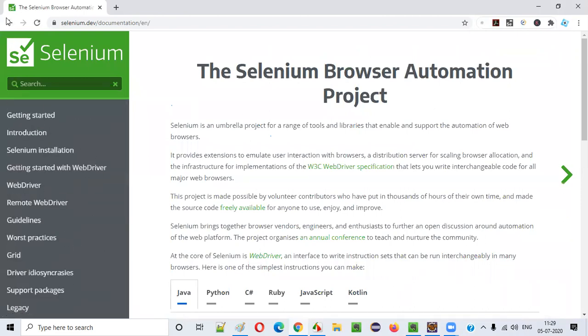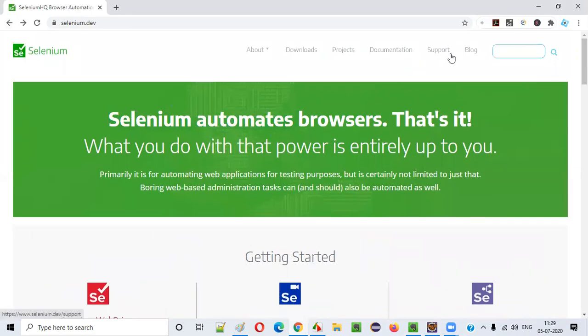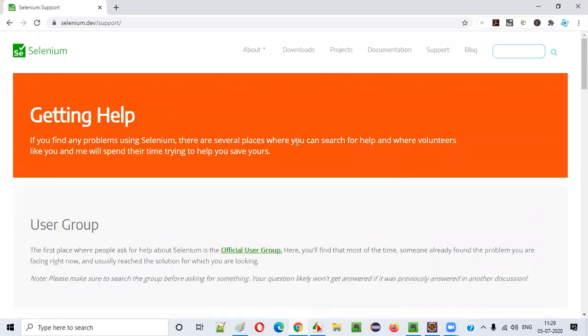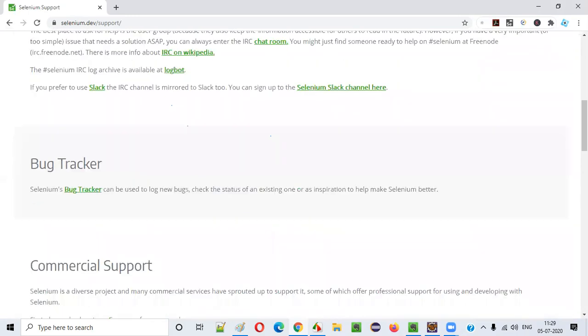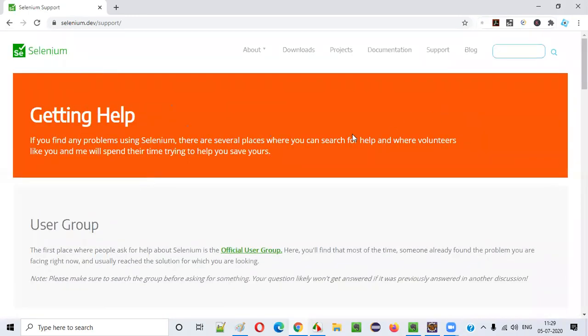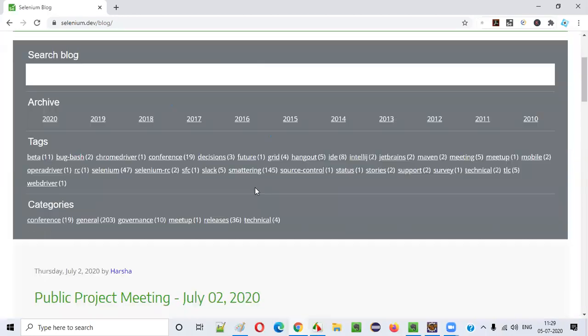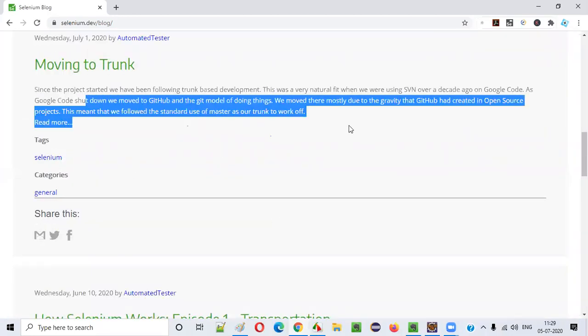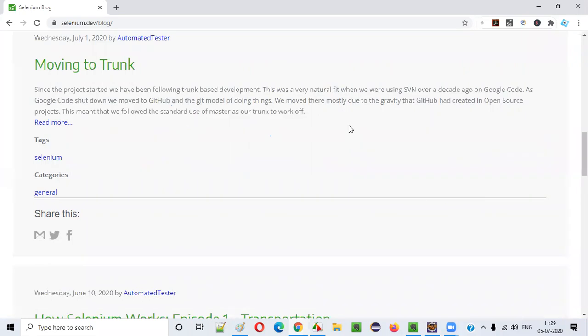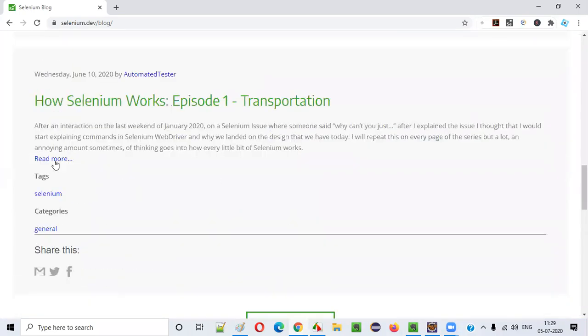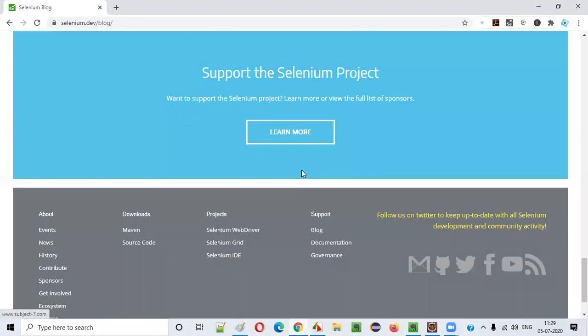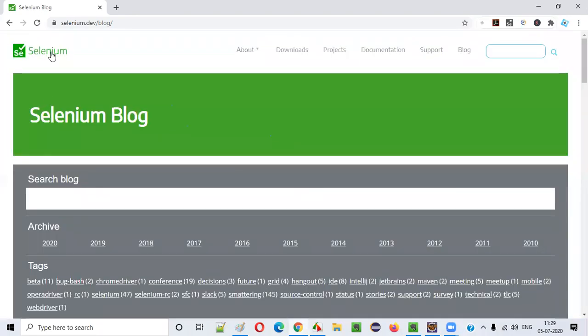You can even learn from the documentation sometimes. And open source: Selenium is open source, right? They maintain a community, they maintain an ecosystem. There is information on how to report bugs if you find something in Selenium versions. A lot of functionalities are there, and they even have a blog where they announce new things that are happening on the Selenium side, or something newly changing, or announcements. Everything will be in the blog. So this is the official website of Selenium, guys.